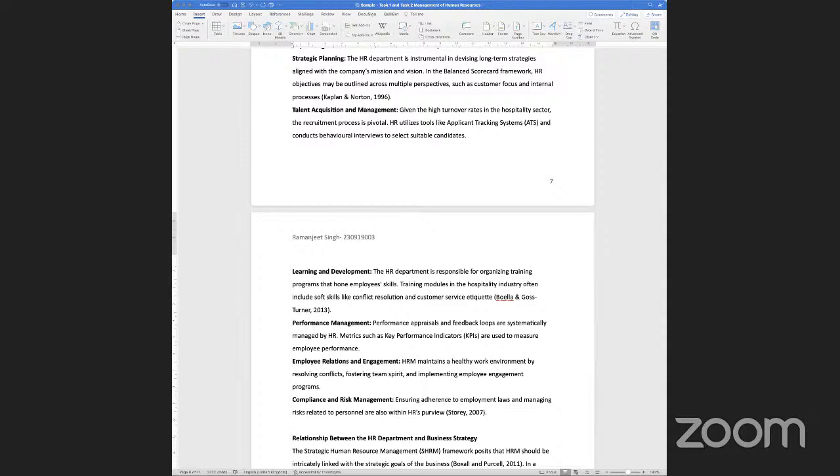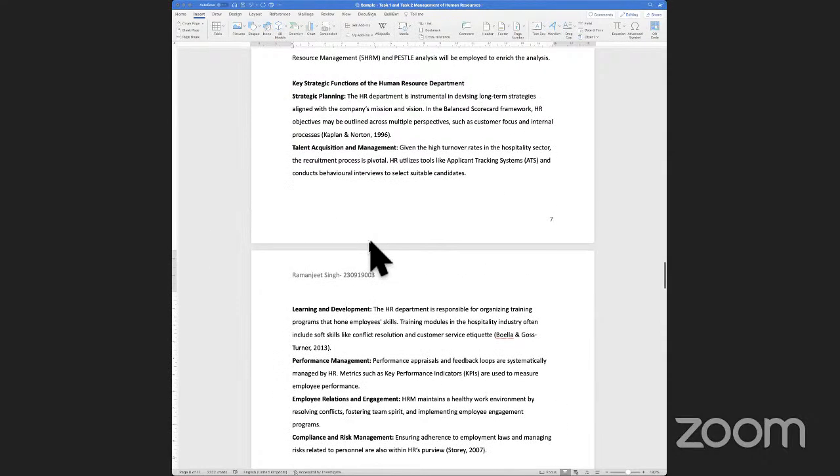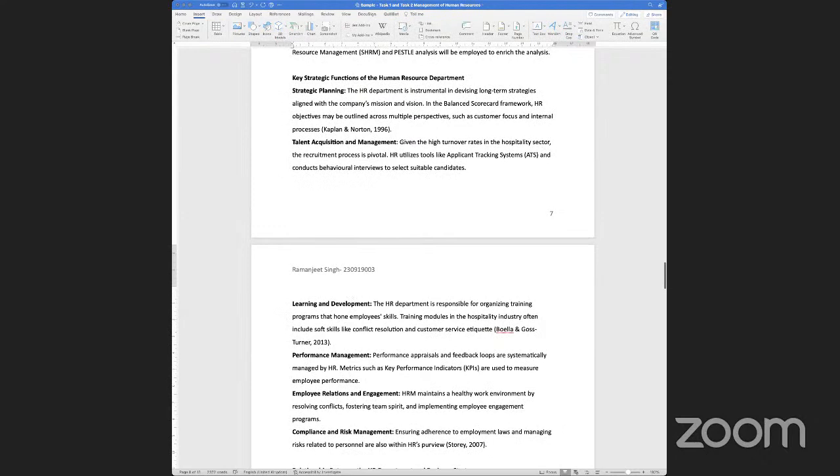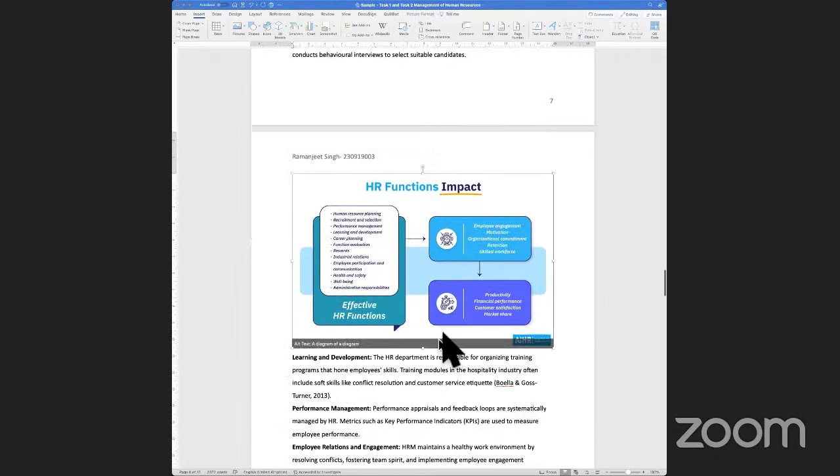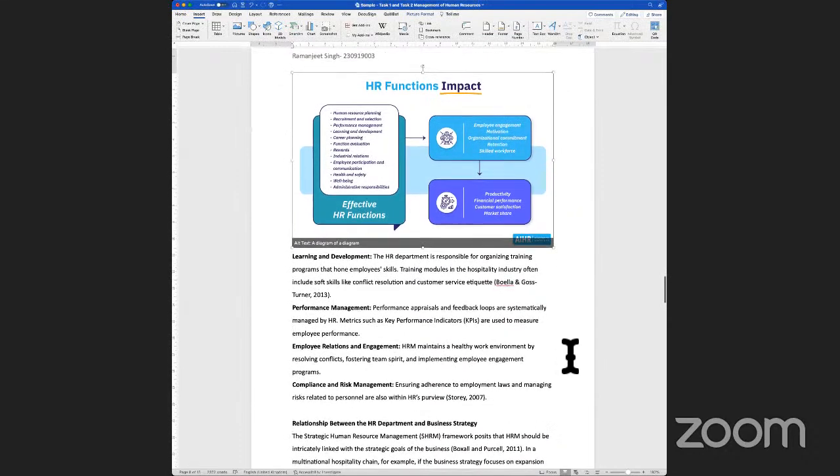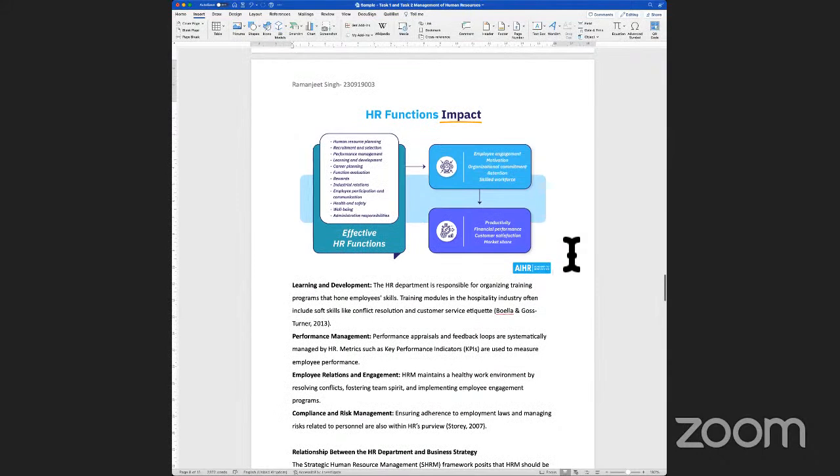Again, making use of an image. The reason I would put it this way is that making use of the image would essentially allow me to make sure that I'm covering the task in a great amount of detail. Although I know the functions and I've covered that in task 1, what I would need to do is put in an image which will allow me to, for example, use this and then talk about and build the arguments. So here is where I would say the key strategic functions of HR would be, again,